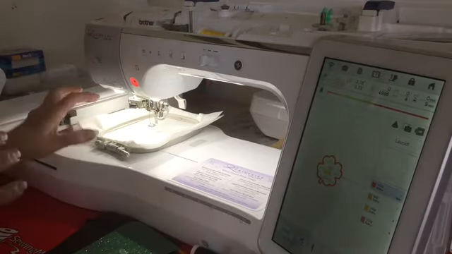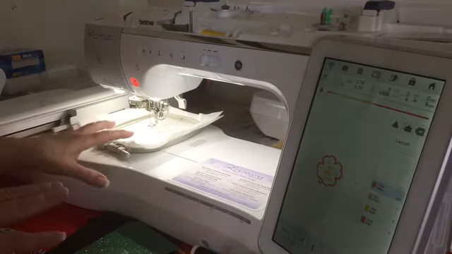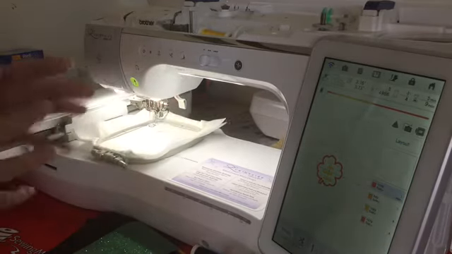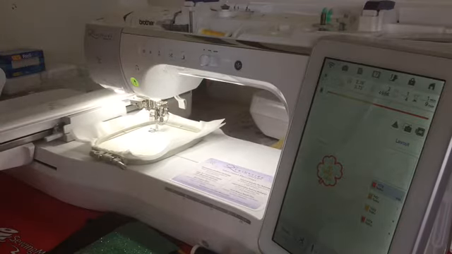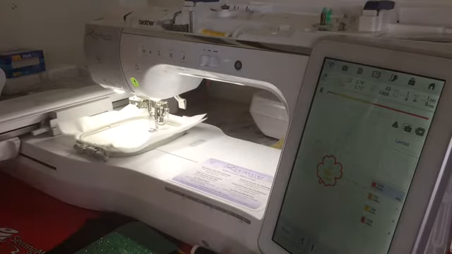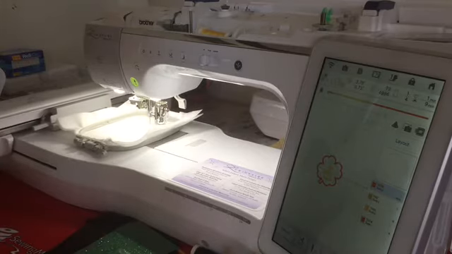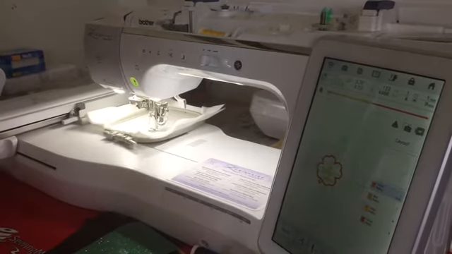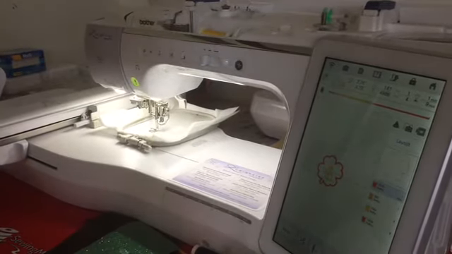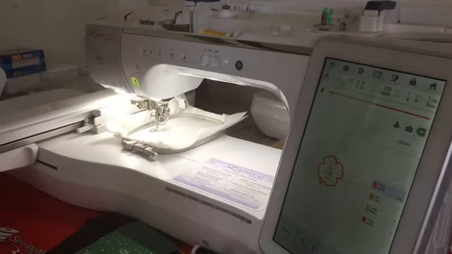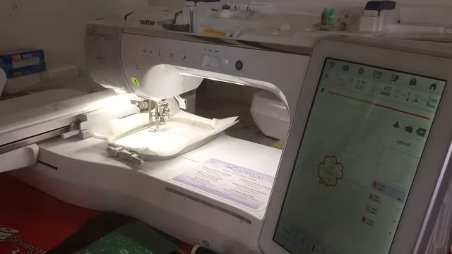So the first thing that is going to come out, the first thing I'm going to do is the placement line. All right, so we'll go ahead and let that sew out. That shouldn't take very long. Once I have my placement line done,